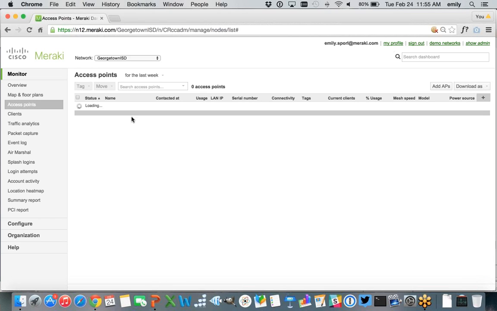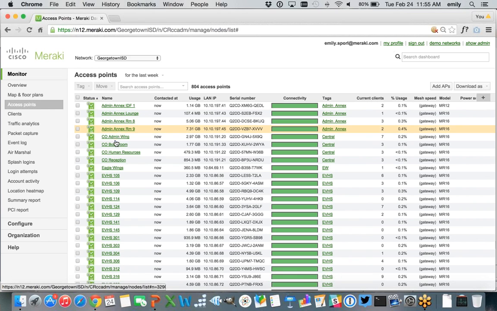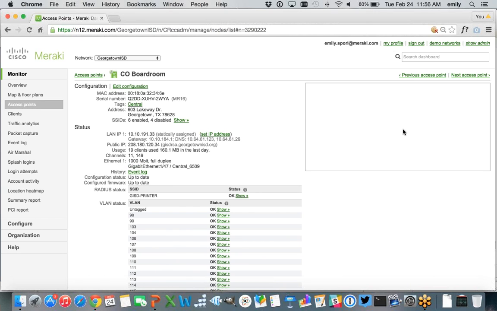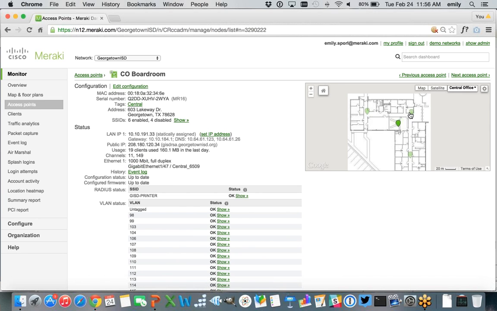And if you do that accurately, there's a couple of benefits. Let's just pick this access point to show you. For example, that particular access point, when placed on the map, will be highlighted. So if you have somebody calling in about connectivity issues and things like that, you can immediately go to the access point and see, okay, if this user is complaining and this user is in the vicinity of this access point, the access point will alert if it's yellow or red. You might actually be able to see right away that there's an issue.